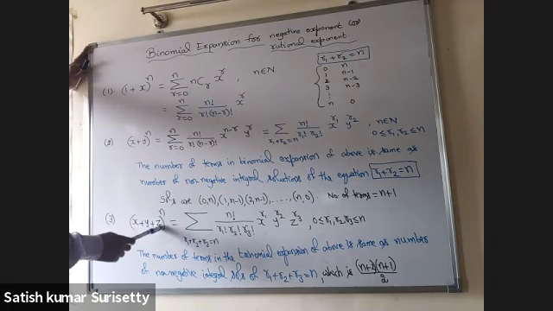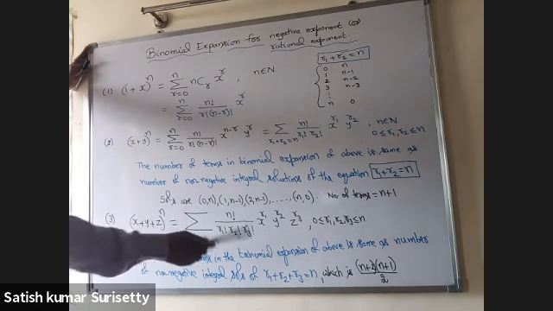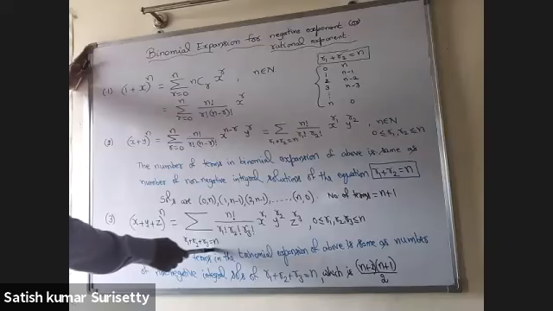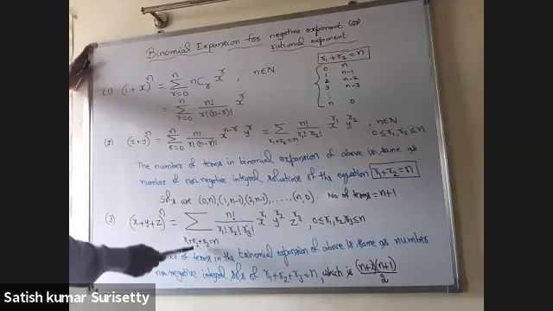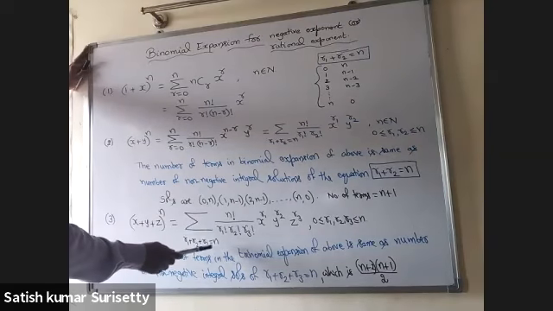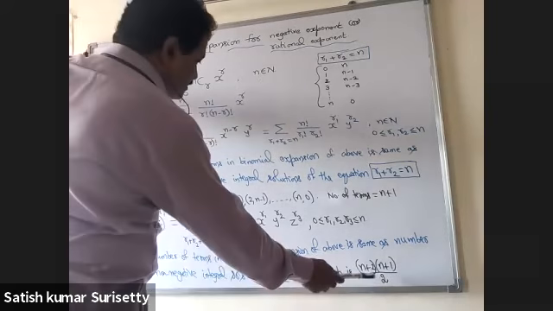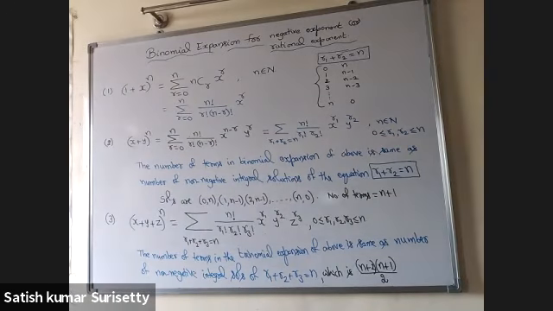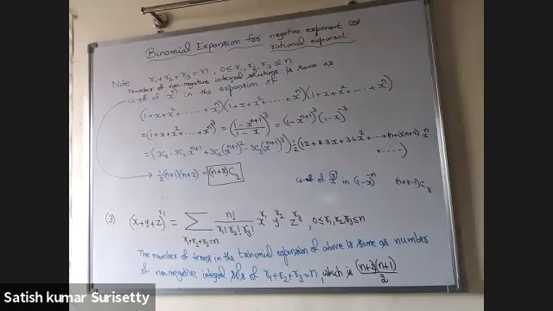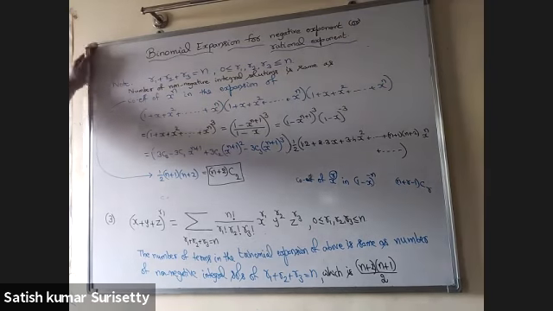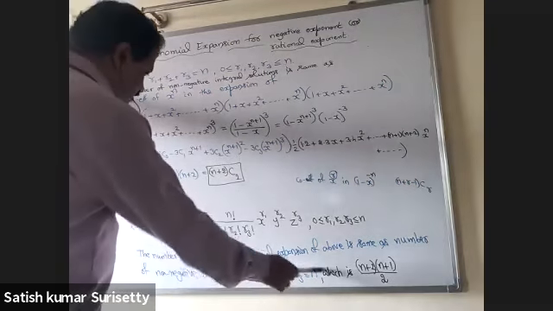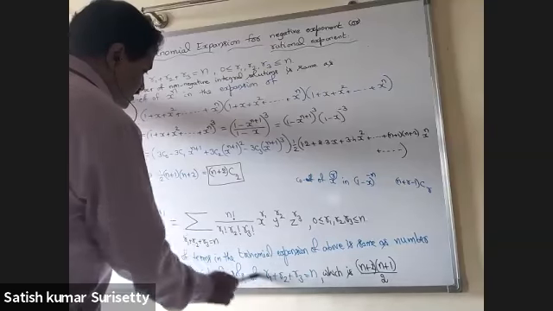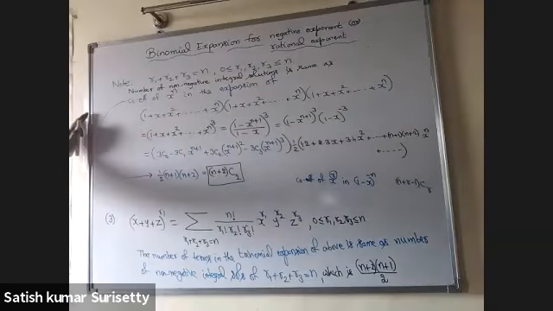So one method of derivation of this formula: for (x + y + z)^n, you group y + z as a single term and expand by binomial, and you can decide the number of terms. Now another method for the same formula can be derived using the equation r1 + r2 + r3 = n. That is, the number of non-negative integral solutions of the equation r1 + r2 + r3 = n can be derived as (n + 2)(n + 1)/2. So the number of non-negative integral solutions of the equation r1 + r2 + r3 = n can be derived as